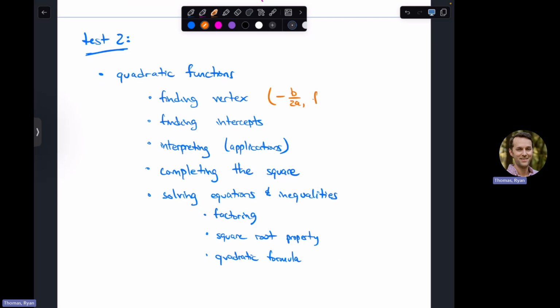To find the vertex, remember, if we've got standard form, then we can use that negative b over 2a thing to get the x value, and then you plug it back in to get the y. If you've got it in the vertex-like form where we can see the transformations, you can just find it by thinking about those. Or you could complete the square to get there, but negative b over 2a if you've got the standard form. And then the quadratic formula,